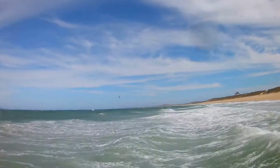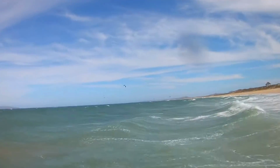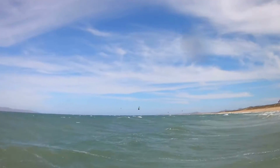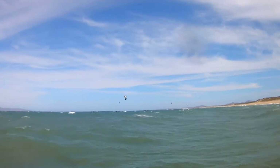The new bar is great. The soft ends are awesome. It's a lot lighter, the soft ends, so you don't put the bar through your surfboard, which I've done plenty of times with all my older bars. And also